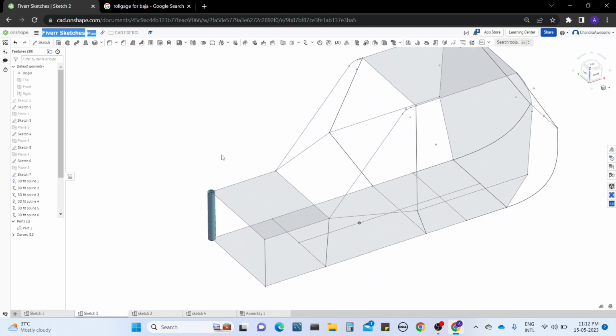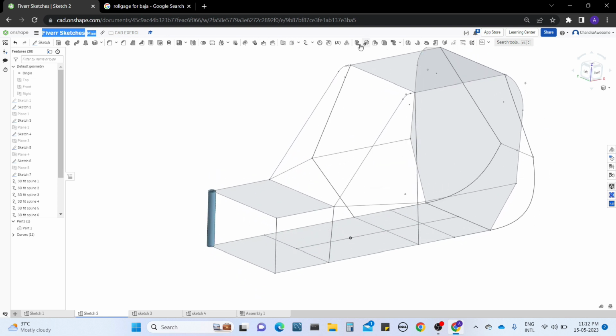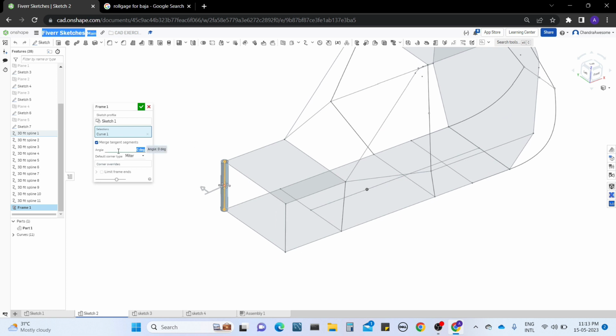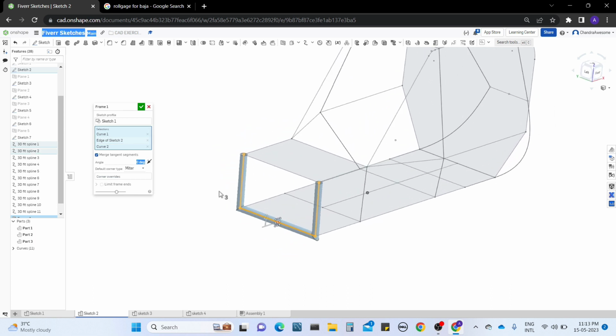Okay, now what we need to do is edit the frame tool, the frame operation you have framed. Now just set the selections, how it should be connected. And if you can see, I explained about the corner, the default corner type. It should be coped butt, because